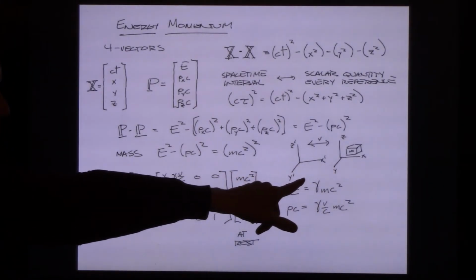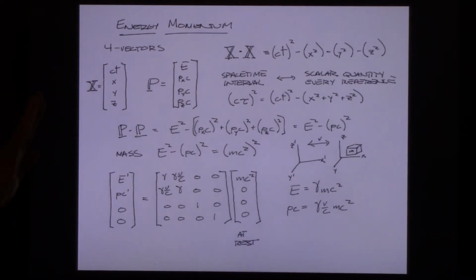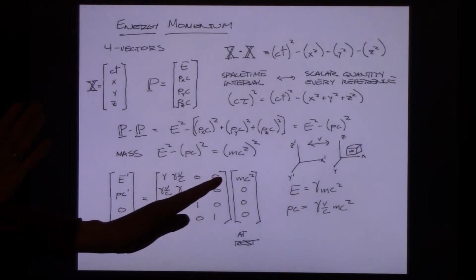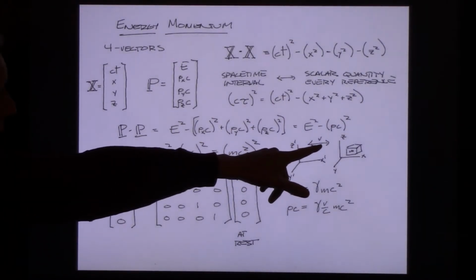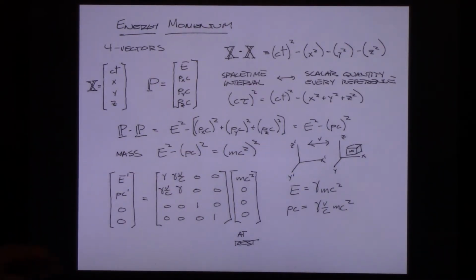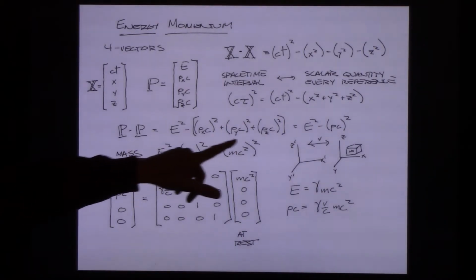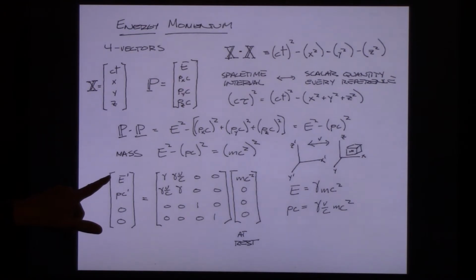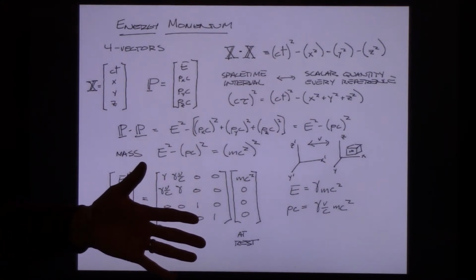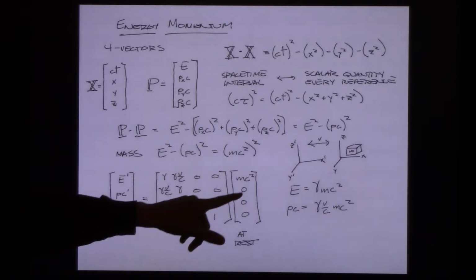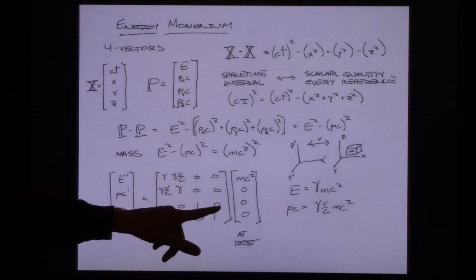Now what happens if frame S prime measures that? Let's say that frame S relative to S prime is actually moving. And so if I'm in S prime, I don't see the object as being at rest, I see it moving with a velocity v. Now, what we can do from that is set up our Lorentz transformation, and I can calculate in frame S prime how much energy it will have and how much momentum it will have. I know that in the y and z direction, it's not going to change, because all of the relative motion, by convention, we've placed along the x-axis. So if I carry out the matrix multiplication on this, which I'm going to do now,